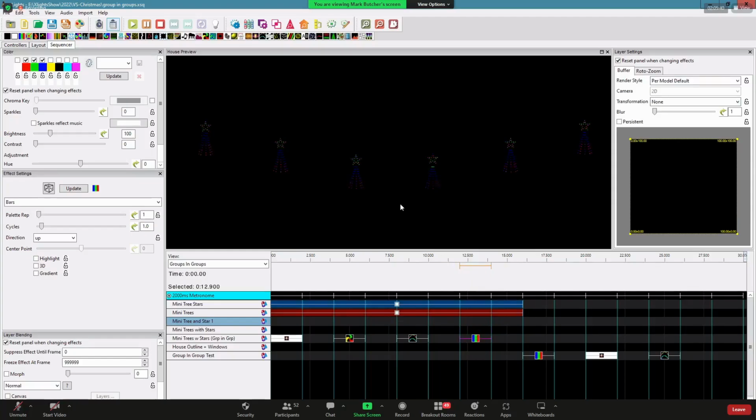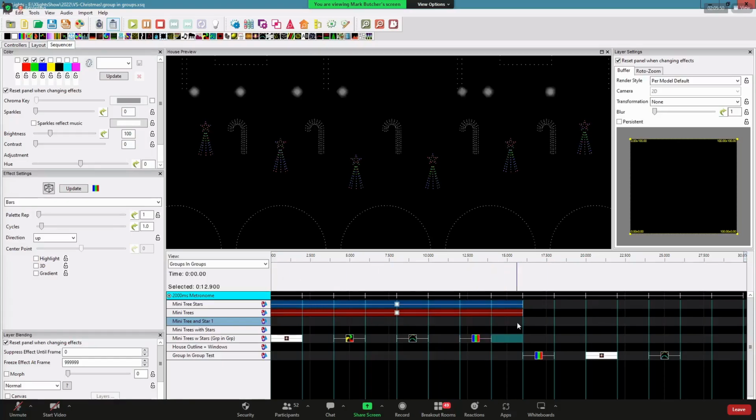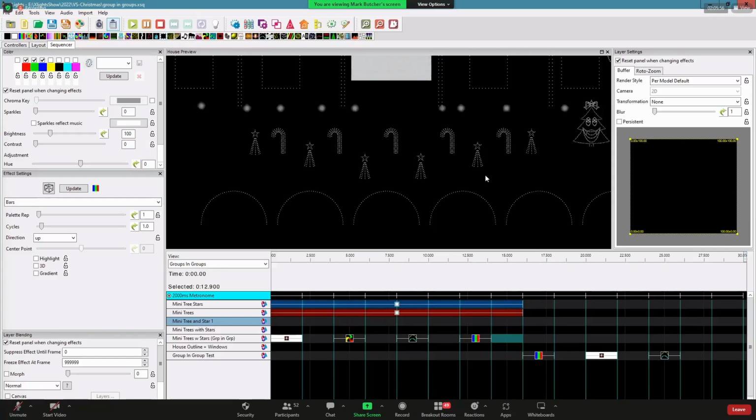And then now here, you can see we get very consistent groups, a very consistent pattern of how it looks when we're doing it on the individual prop. And this works with the mini trees and stars. I imagine it would work with any prop where you're creating a model of 2 or 3 different props. I could think of, if you're doing the popsicles where you have the spinner and the bar at the top, or any of those.